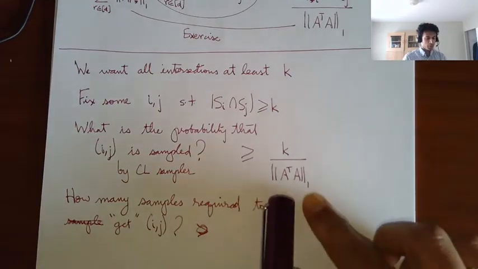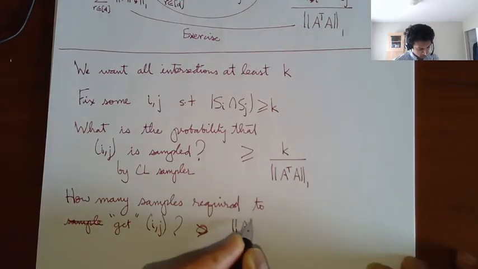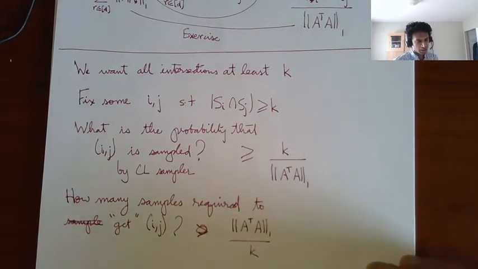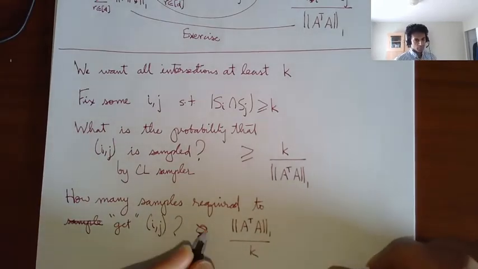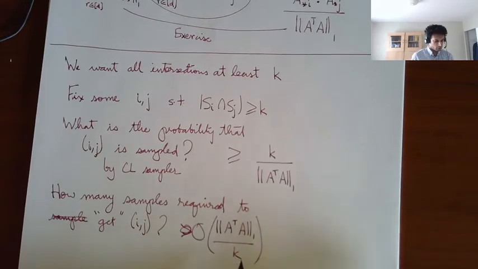But this is the probability that ij got sampled. Call that p. So it's 1 over p epsilon squared. Although you need the epsilon to get an approximation to the quantity. For now, let's just say that the probability to just get it, that's how many samples I need, with some O. And you're right that you need a 1 over epsilon squared. Let's come to the 1 over epsilon squared shortly. That's how many samples you need